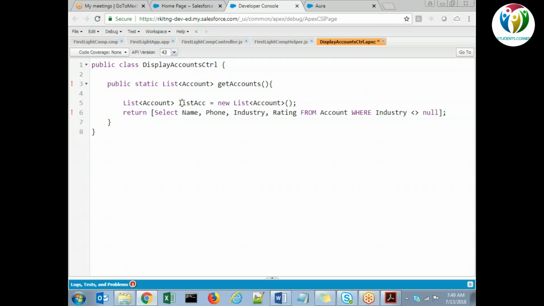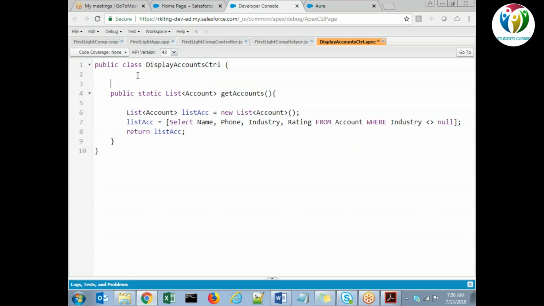So guys, how do we relate an Apex class with a VF page? How do we associate an Apex class controller with the VF page in classic? Yeah, we mention the controller attribute on the VF page, and in that we put the Apex class name. Correct. In the same way, we will do it here.